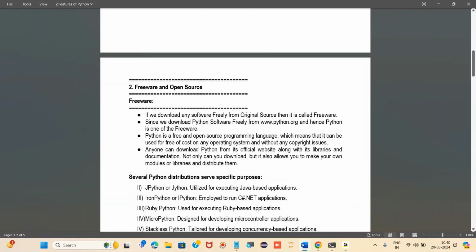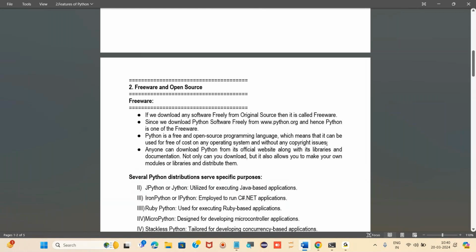Since we download Python from here, Python is a free and open source programming language, which means it can be used free of cost on any operating system without any copyright issue.